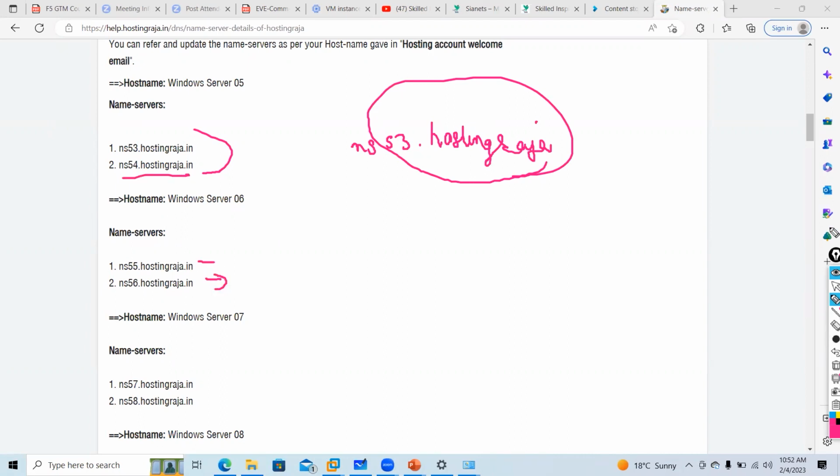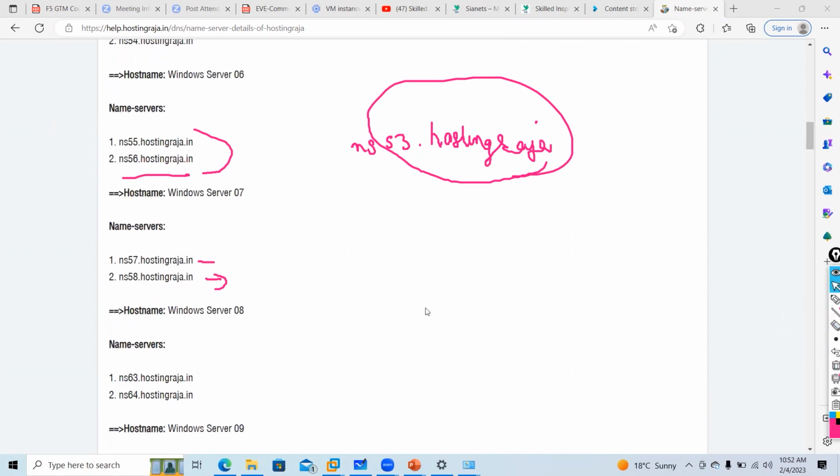So they will store your record in your name server like this. So that is how you can find the name server related to any website, guys.